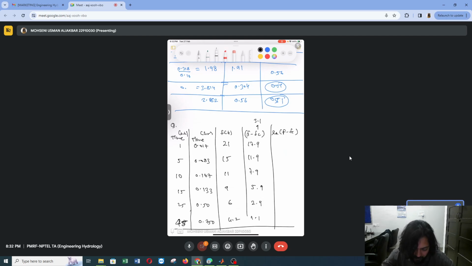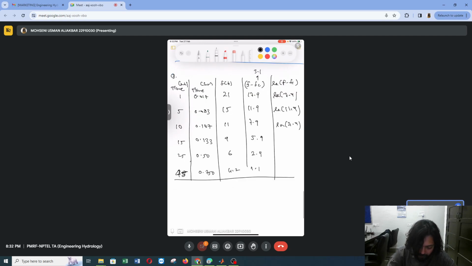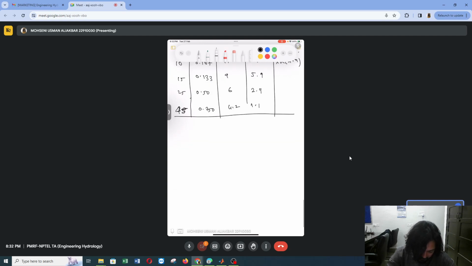So what we can do, we will calculate the natural log of this value. So natural log of 17.9, natural log of 11.9, natural log of 7.9. We will calculate these values, and later we are going to plot them. We are going to plot time in hours versus natural log of f minus fc, this last column, and we will get an equation which is a straight line equation,